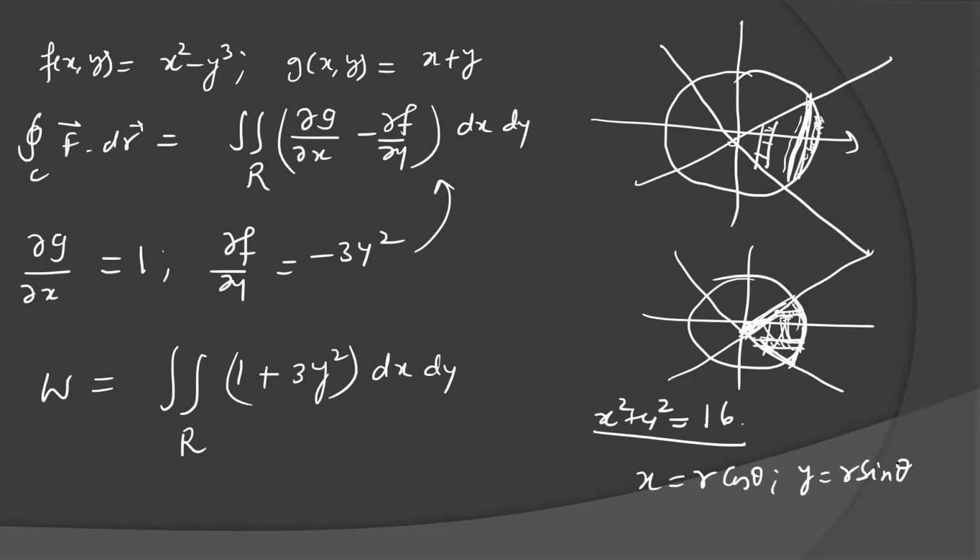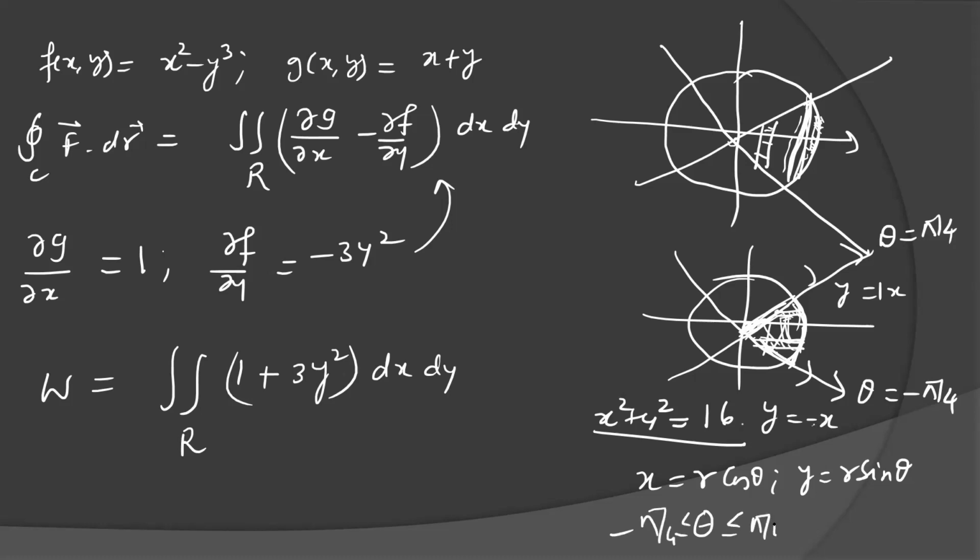I told you in the previous lecture, in the line integration, when you are doing double integration, your r and theta both will vary. What will be the theta here? Theta is important here because you are on y equal to minus x line, so theta equal to minus 45. You are on y equal to x line, so slope will be 45. Y equal to x line, your m will be 1, m equal to tan theta equal to 1, so theta equal to pi by 4. When you are on y equal to minus x line, tan theta equal to minus 1, so theta equal to minus pi by 4. So theta will be from minus pi by 4 to pi by 4.